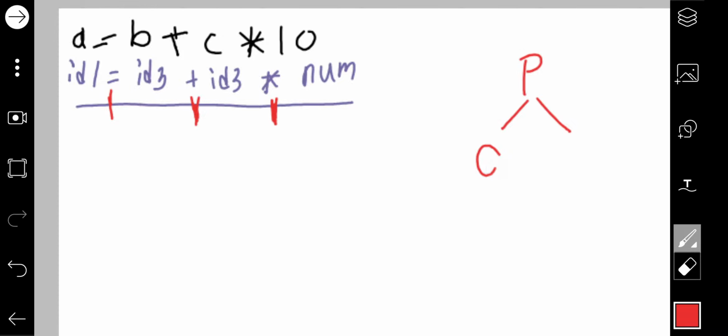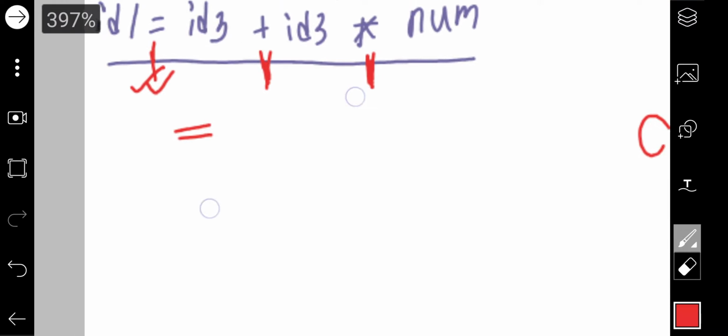Now for this one, the first thing here is equal. The equal symbol will have two children.